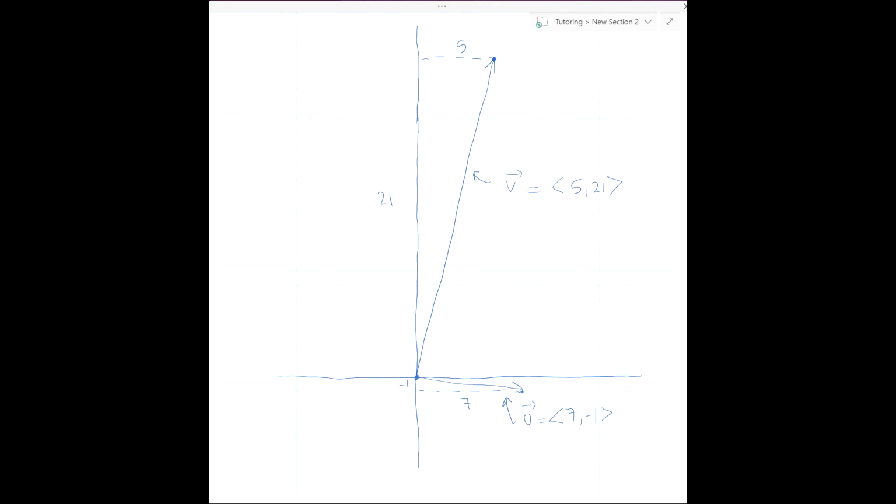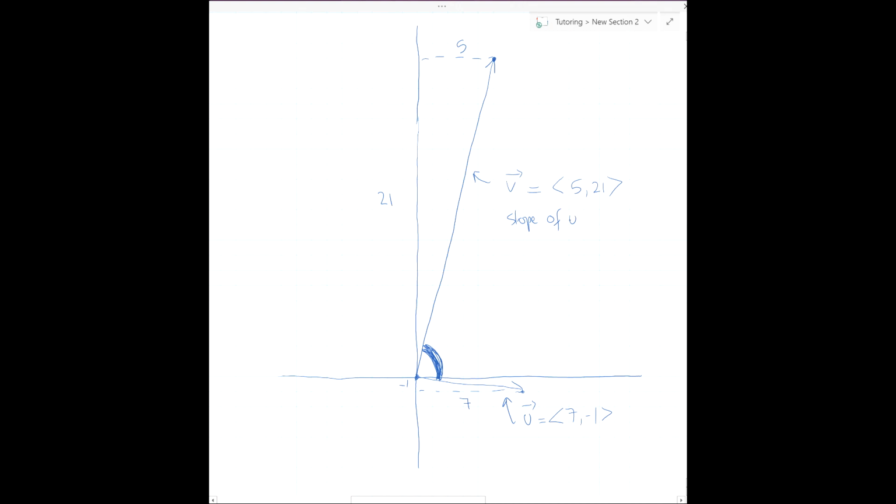Now it seems like the angle that they make right here is 90 degrees, but we cannot assume anything. We have to prove it to make sure whether they create 90 degrees or not. So how? We learned back then that we can find the slope. The slope of this line for vector v will be rise over run,